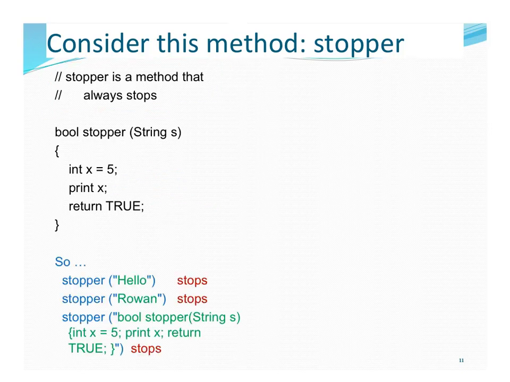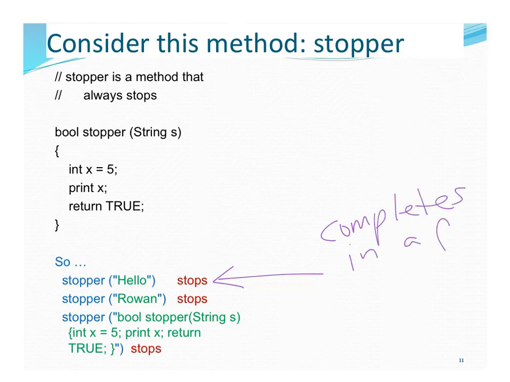No matter what string I enter as a parameter to stopper, it's going to stop, right? So if the parameter is hello, it will stop, right? Stop, remember, just means completes